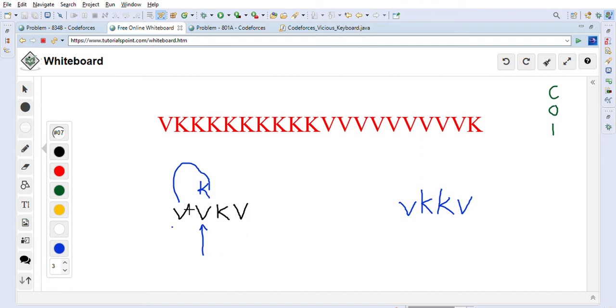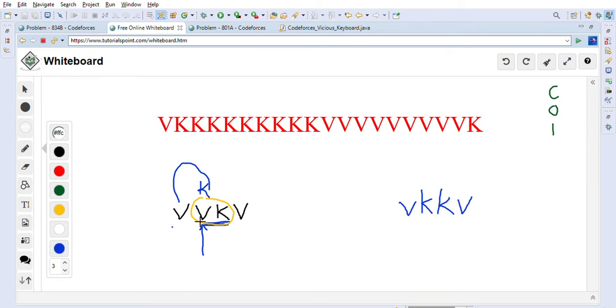This V and K, if I make a change. But before I make this change, I have to always make sure that I already have this VK here that I am going to lose. If I make this V a K, then I will lose this VK. Let me highlight it for you. So this is the VK which will already be coming if we go one more character.